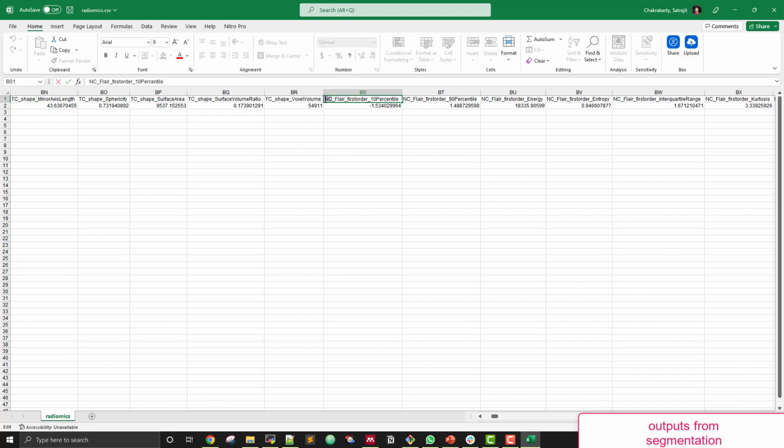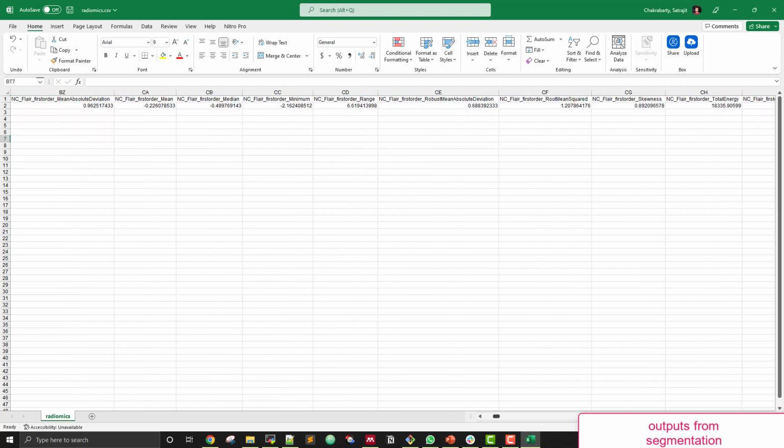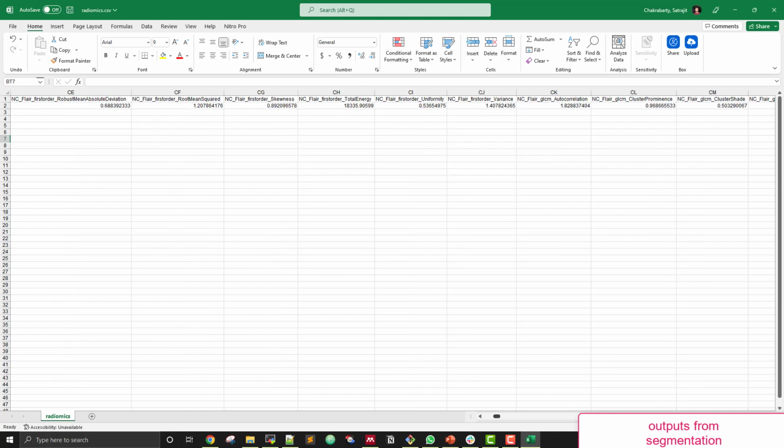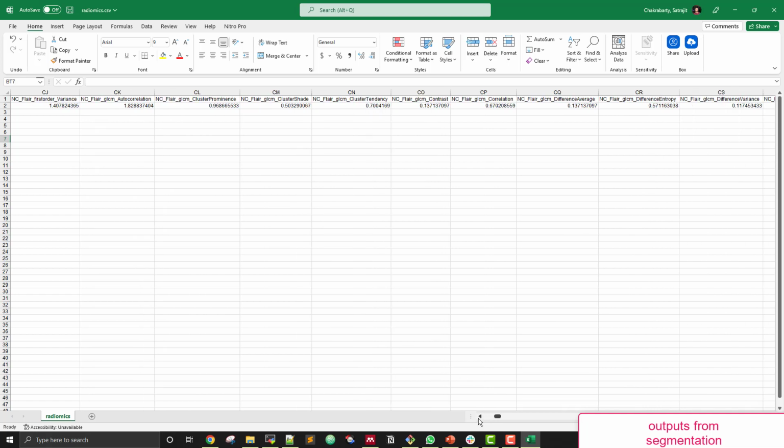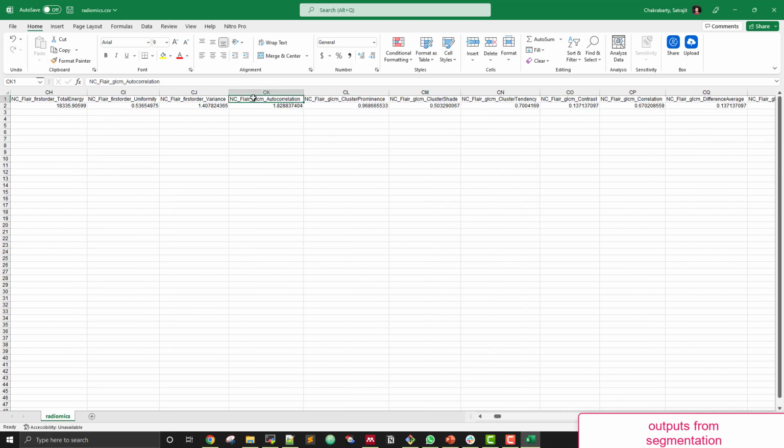So for example, here you see that this particular column is for the necrotic core of the tumor, for the FLAIR scan, and the first order feature of the 10th percentile. And here we are showing another example feature. This is the necrotic core FLAIR GLCM feature.